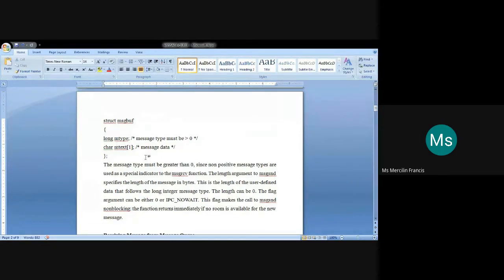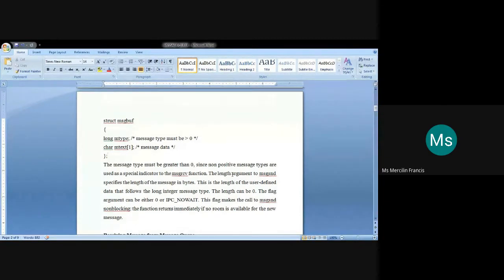The message type must be greater than 0. If it is a positive value, it indicates that you will be able to receive the data from the sender. You will be able to understand that when we see the program.